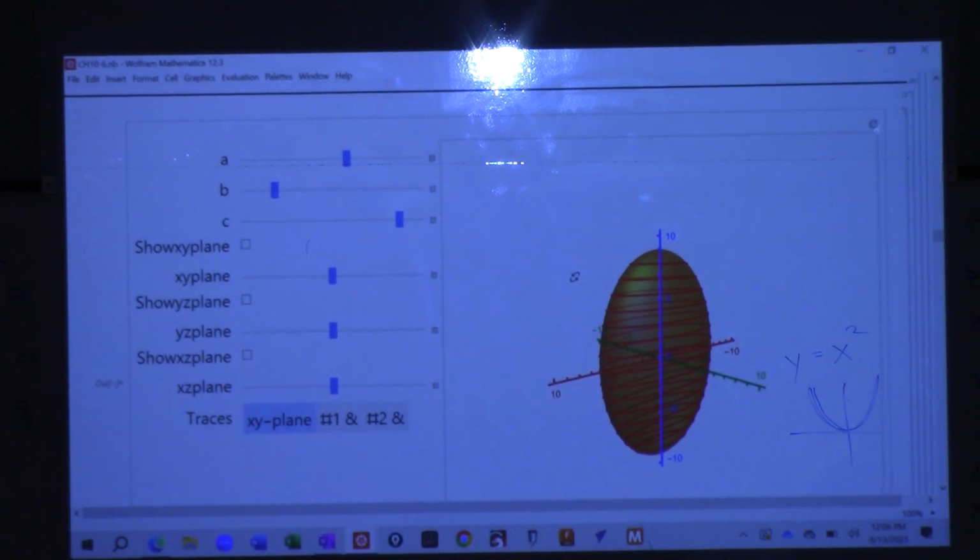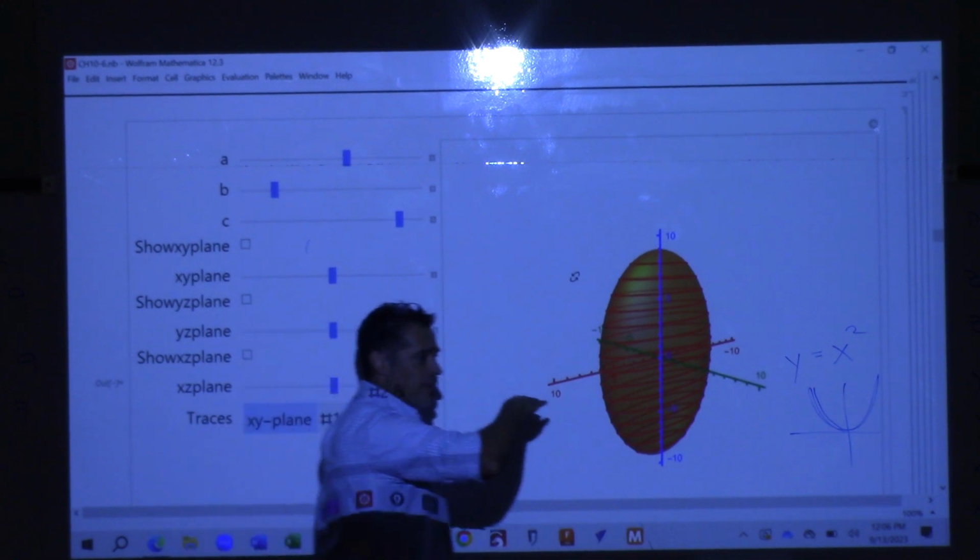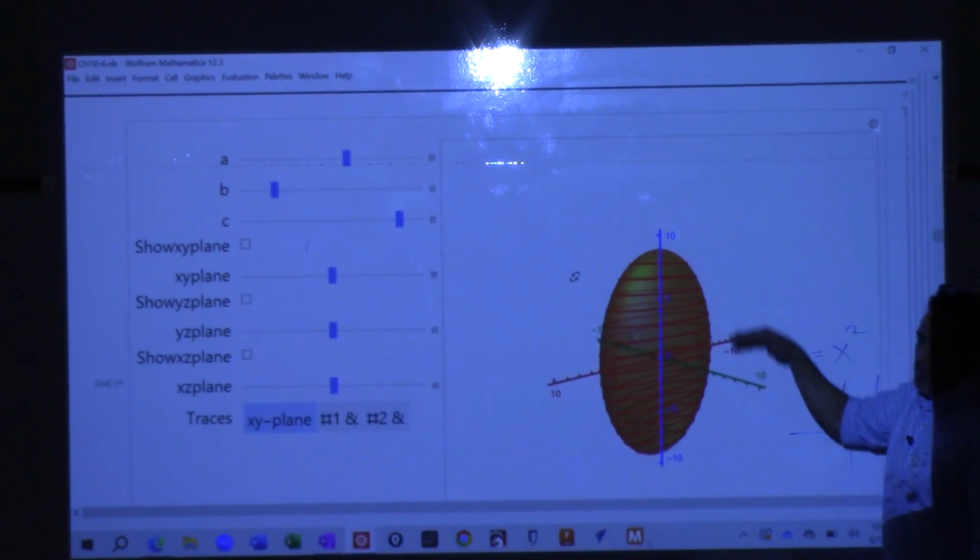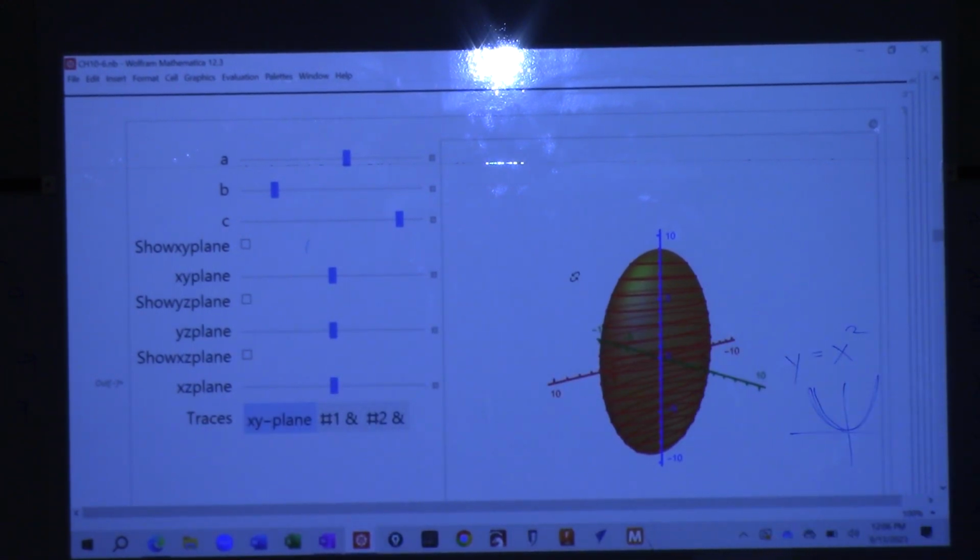And I let z be 2, and draw another ellipse, and 3, and draw another ellipse. And I keep doing that, and I get what are called these trace curves. And if I do enough of them, I can imagine what this thing looks like. And you know how I let z be 0, z be 1? I could have let x